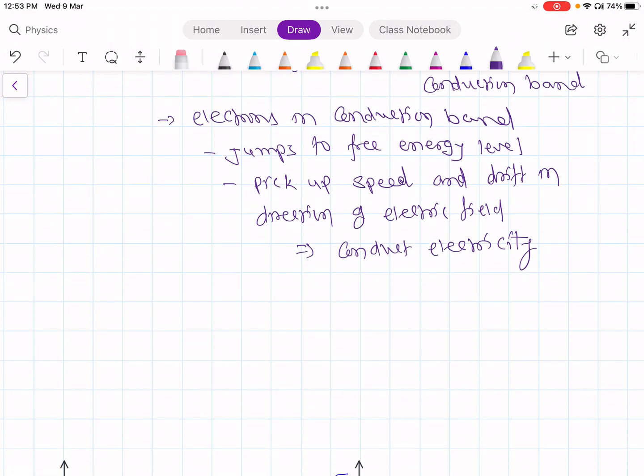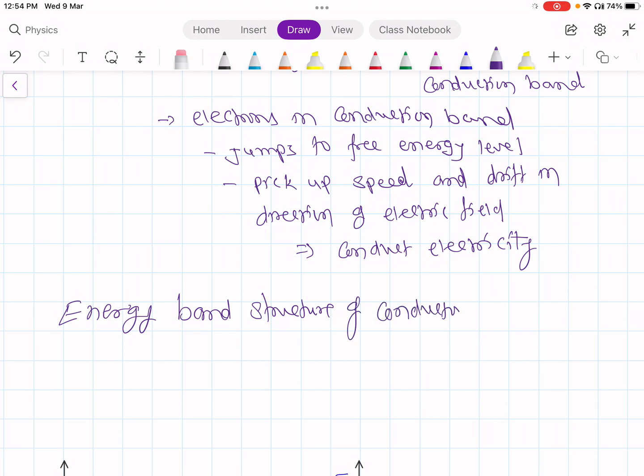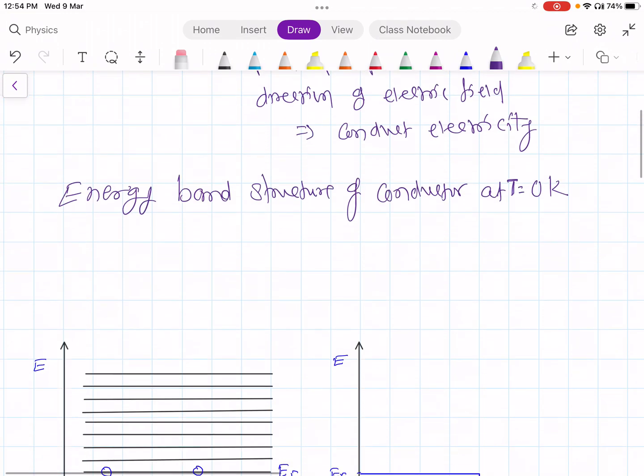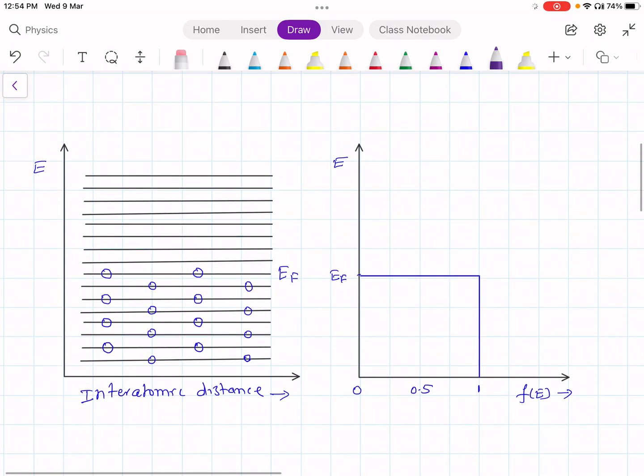Let's see the energy band structure of a conductor at 0 Kelvin, at absolute 0 temperature. So here I am showing you the diagram of the conduction band. This is the conduction band